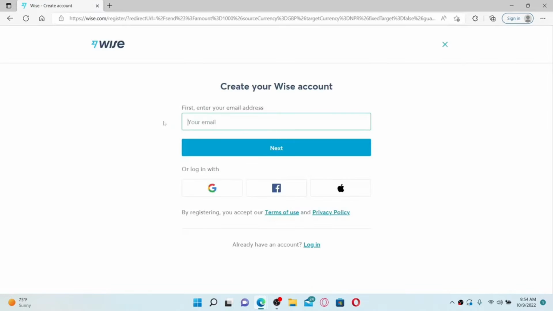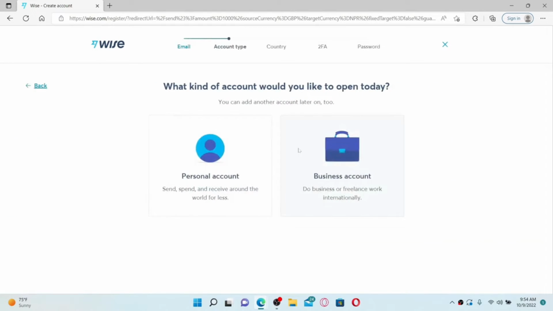In order to create a new account, you'll need to first enter your email address in the text box appearing on the screen. Make sure to enter a valid email address that you have access to, and you can click on the next button. You can also log in with your existing Google account, your Facebook account, or your Apple account. Once you click the next button, on the next page, select what kind of an account you'd like to